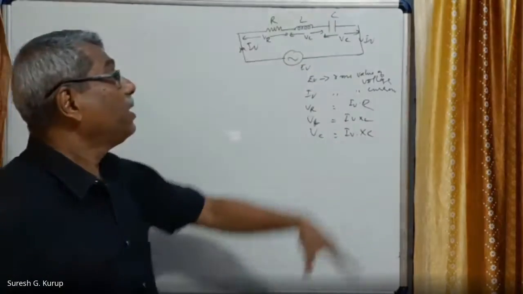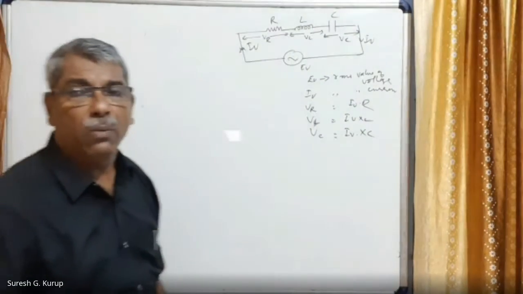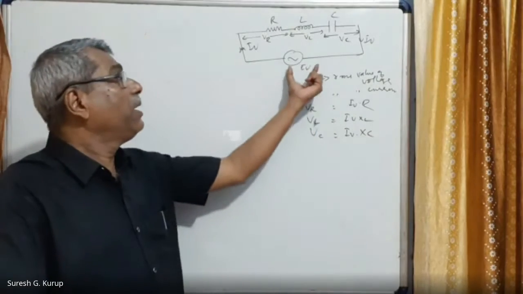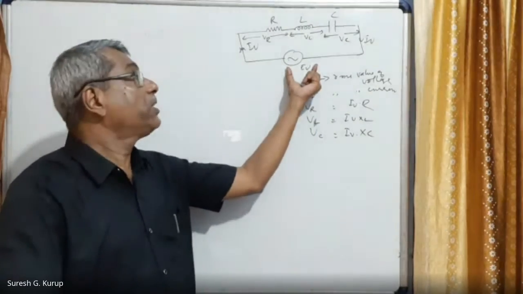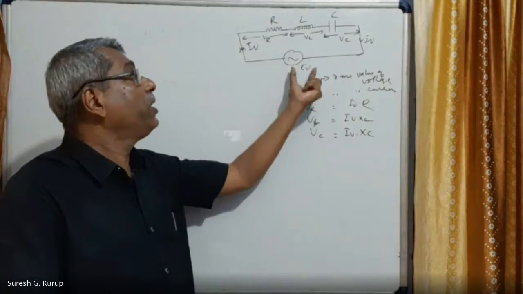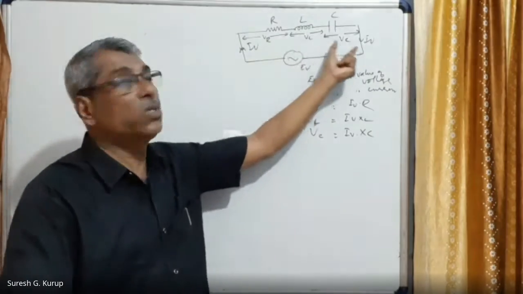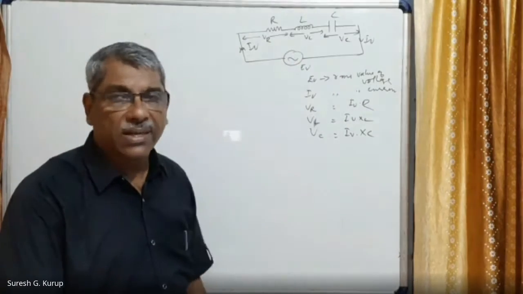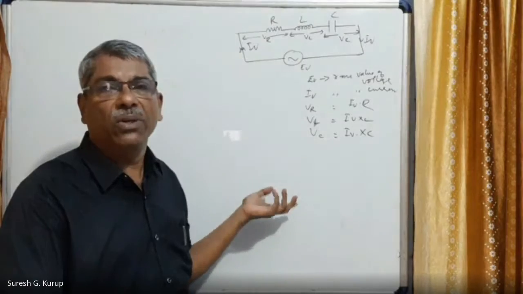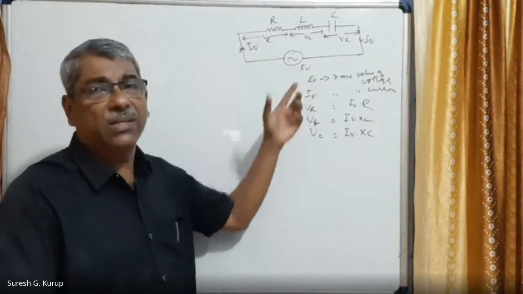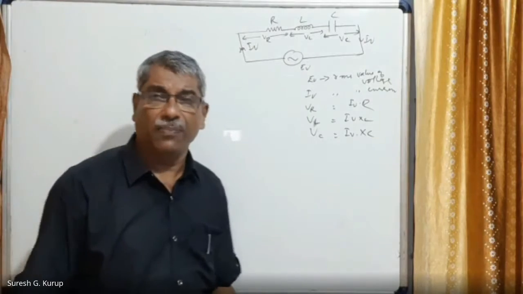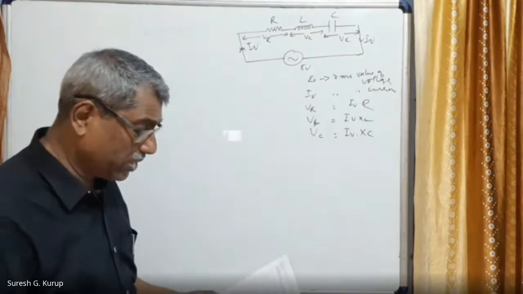This is the condition. So here you must remember one thing: it is not just like a DC circuit. E_v is not equal to V_R plus V_L plus V_C. That happened only in a DC circuit. Here the value of total EMF applied is measured using some other mathematical methods. That also you will see just now.